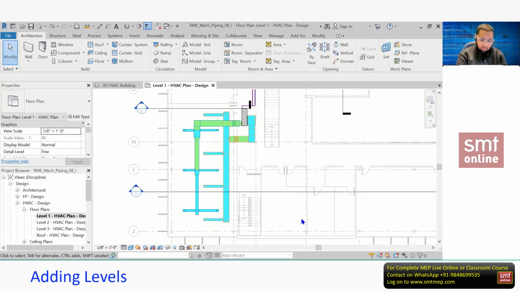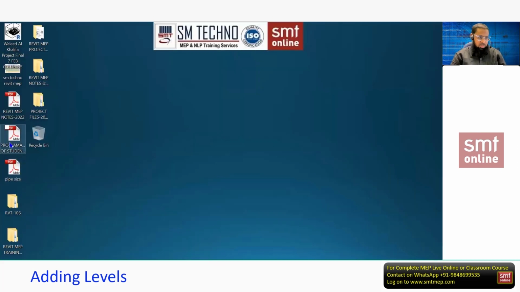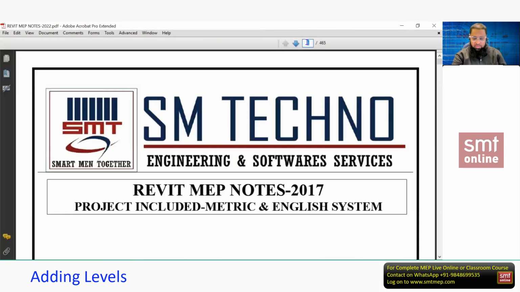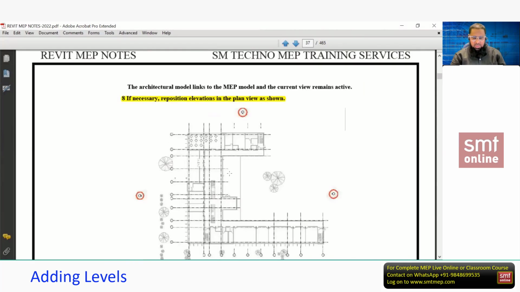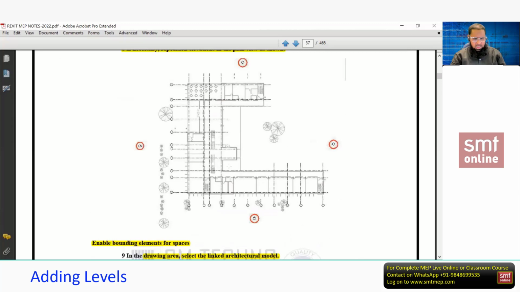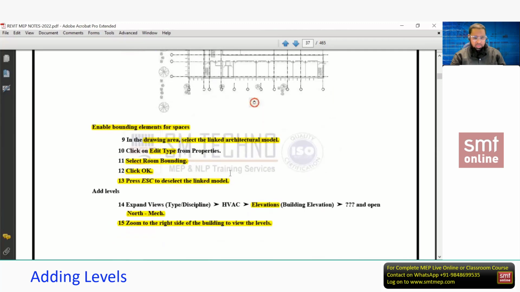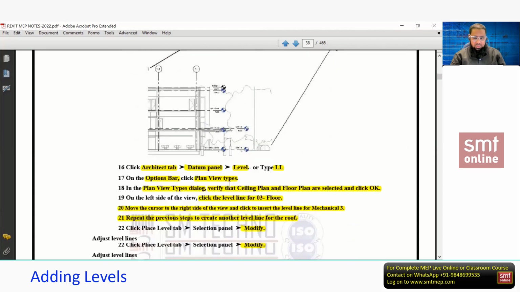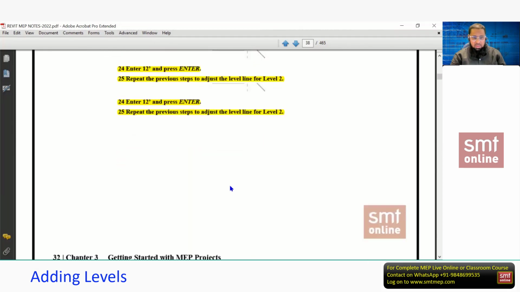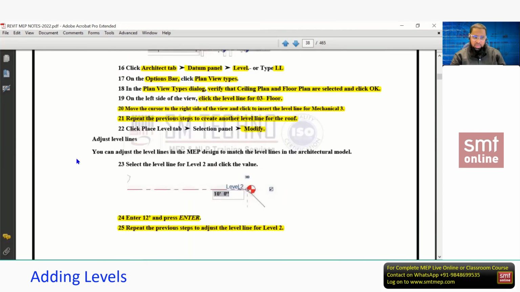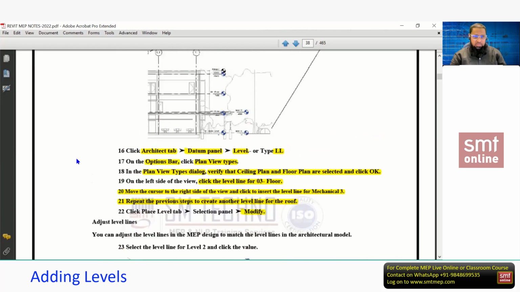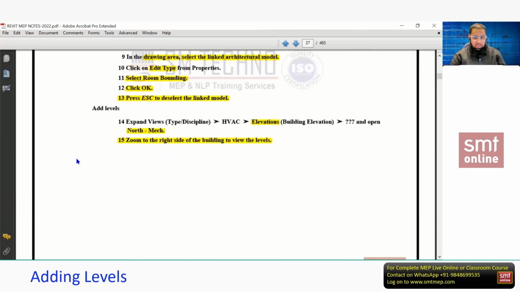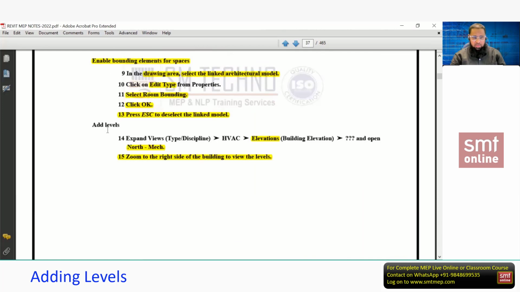For that, you can open the notes, and in the notes, jump to page number, I think 33. Let me read this link now. And I think we saved this file, right? Or else again, I'll start from the beginning. Don't worry, because we did only 2 steps in the previous session. So adding the levels. So page number is 32. Start from this topic, adding levels. Sorry, my mistake. 1 minute. Page number 31. The topic starts from here.